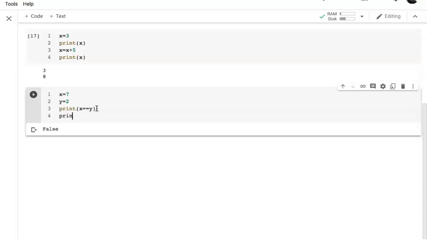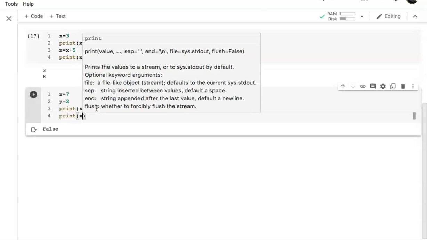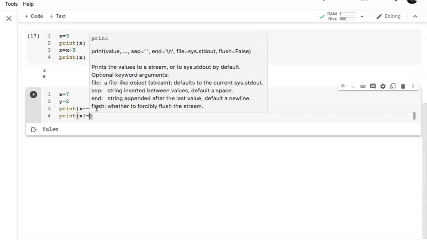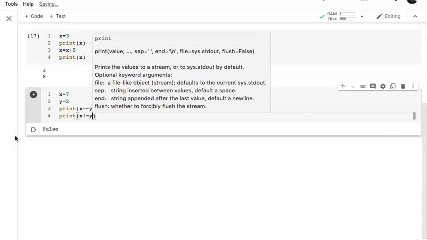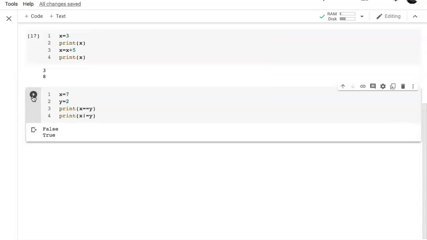So now let's try not equal. Here write print inside the parenthesis, it is x not equal y. Let's run this, and we got the output true because it's true that the value of x is not equal to the value of y.